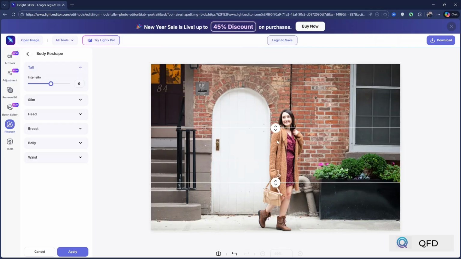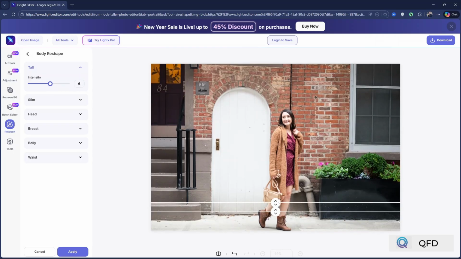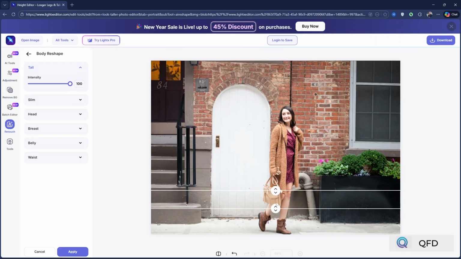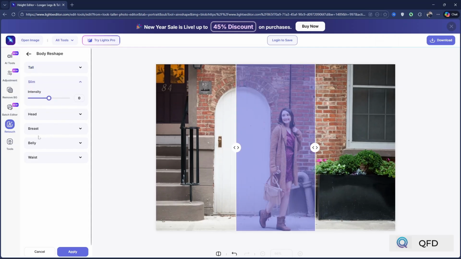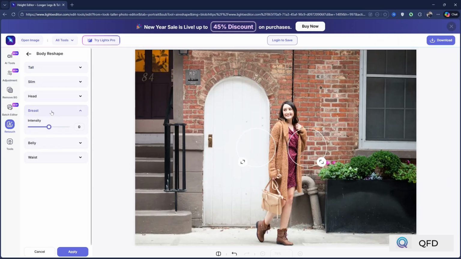But if you want to increase the legs, make it smaller or make it narrower, select the legs. You can make it as narrow as this one and increase the intensity. Okay, or let's increase it this much so that the calf muscles are also included, and increase it, and the legs now look taller. Similarly, you can make her slim, make the breasts bigger or smaller, increase or decrease the